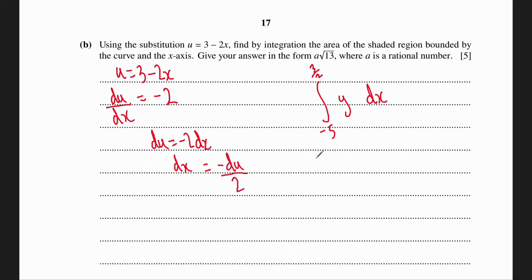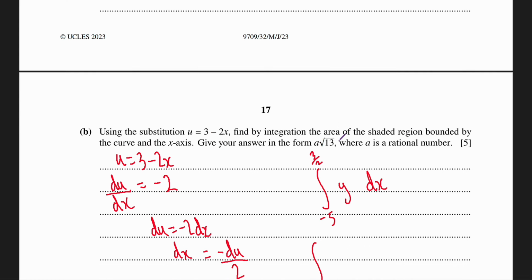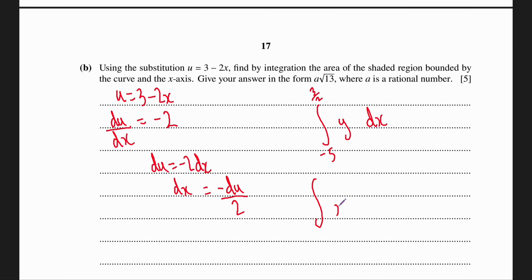So now what do we have? We have the integral, and I'm going to leave the limits out because you will see why these are actually not the correct limits for this function. So you have the integral of y. Well, what is y? y is x + 5. So we have x + 5. And then we have the square root of 3 - 2x, which is the square root of u, because u is 3 - 2x. So we have (x + 5) times the square root of u. And then instead of dx, let's write du. So we have negative du divided by 2. So far not too bad. But